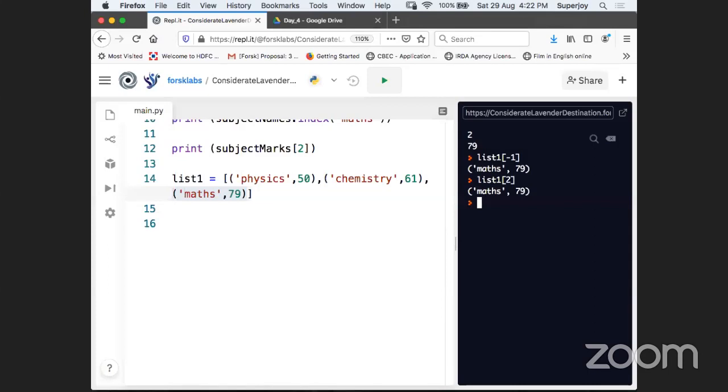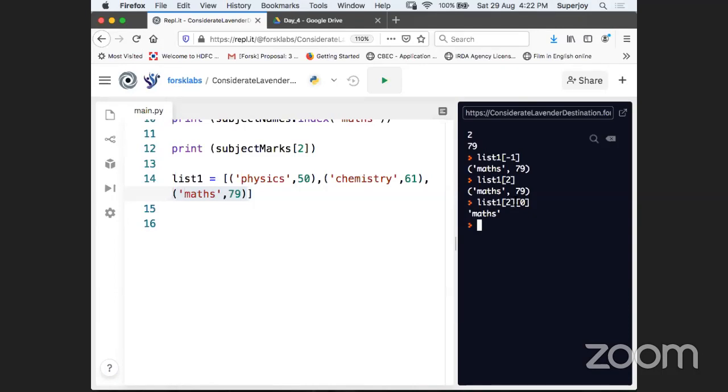So here you see. Okay, now, guys, I have a tuple, and inside this tuple, if I want to know what is the first entry, so maybe I have to use one more index, right? So can you see, guys? From here to here, just have a look, guys. From here to here, it is talking about a tuple, which is holding maths as the first entry and 79 as the second entry.